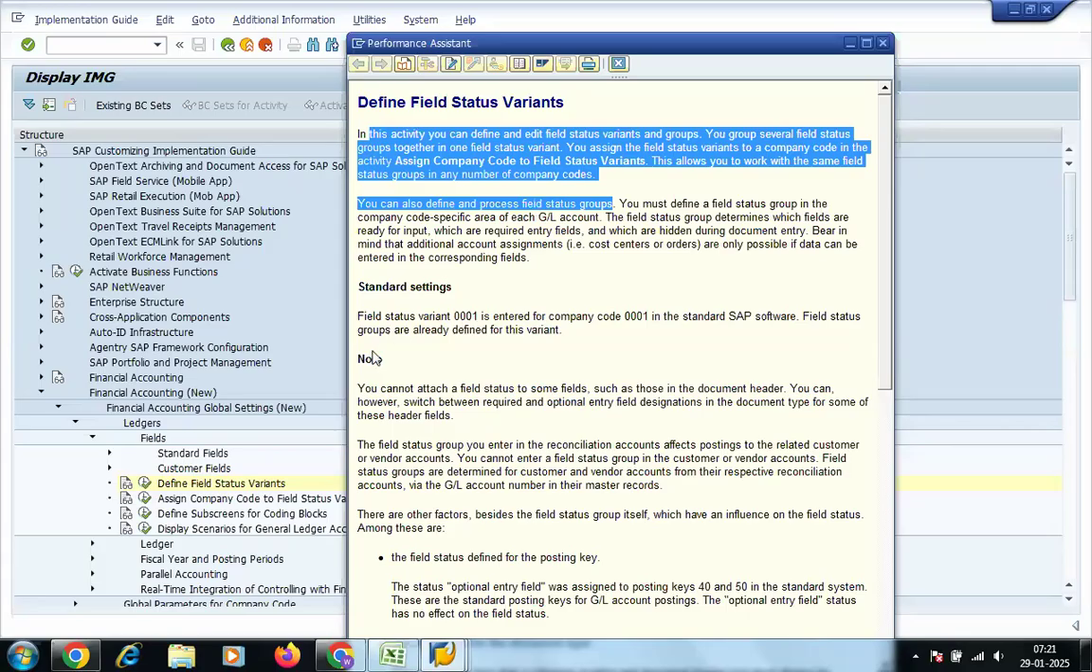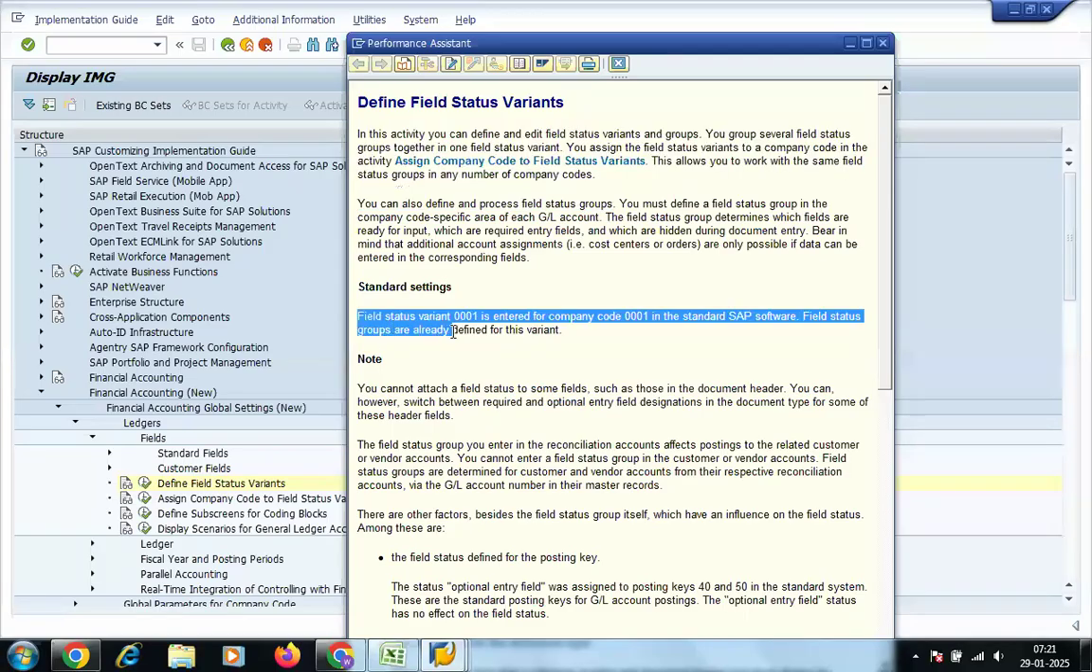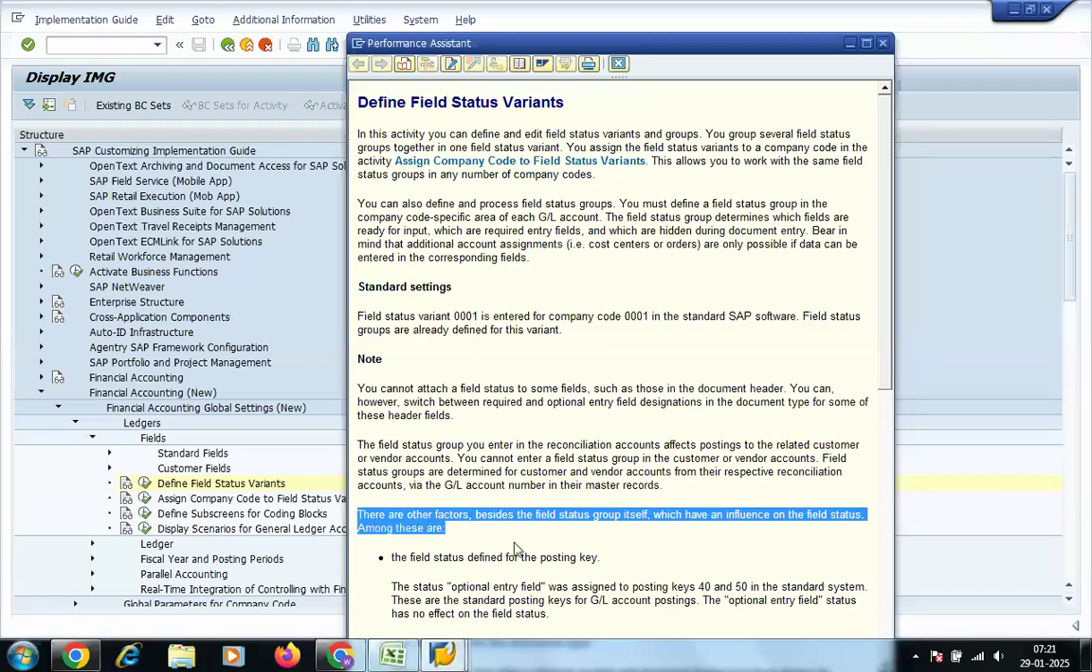Okay. So the standard settings: field status variant 1000, the standard, is entered in a company code in the standard SAP software. So what we were just discussing, this 1000, you can use, or 001 also you can use. Both will work, depending upon our comfort. And there are other factors besides the field status group itself, which have an